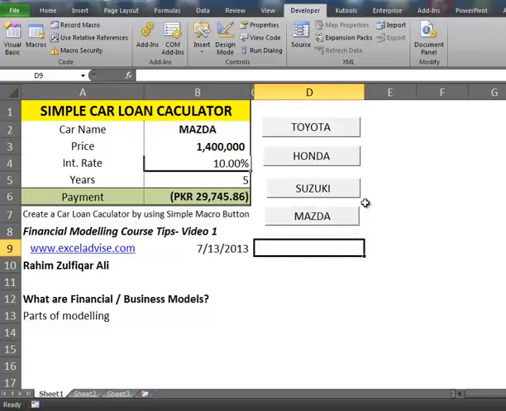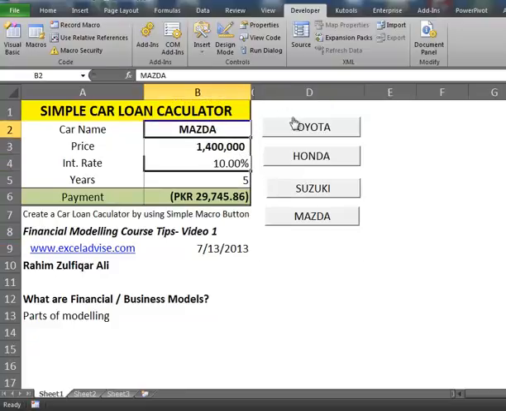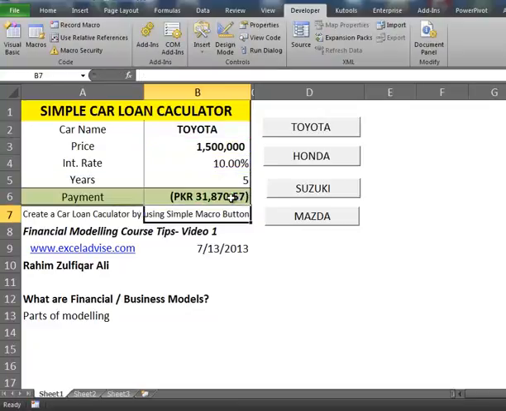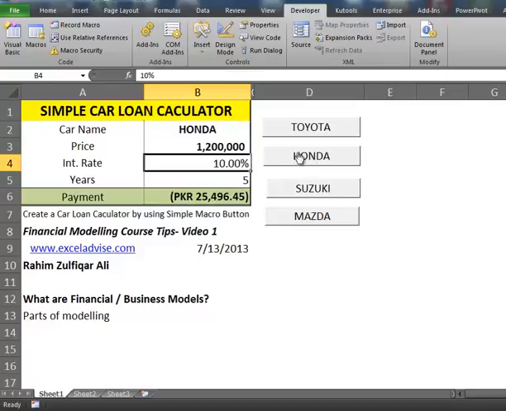So very quickly we have created four simple macro buttons and recorded macros, and now I will apply them and you will see how we have automated in a very quick manner. As soon as I click on Toyota, it changes the amount, and automatically the payment function in it changes the monthly payment. When I click on Honda, it changes the name and the amount and gives me the monthly payment.